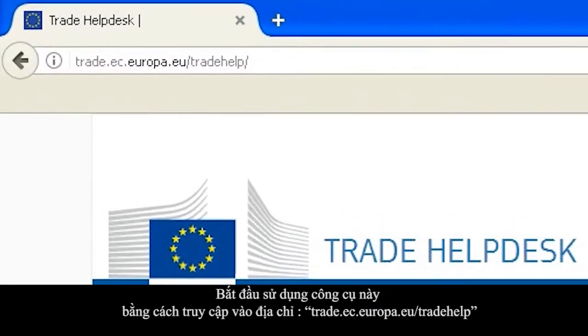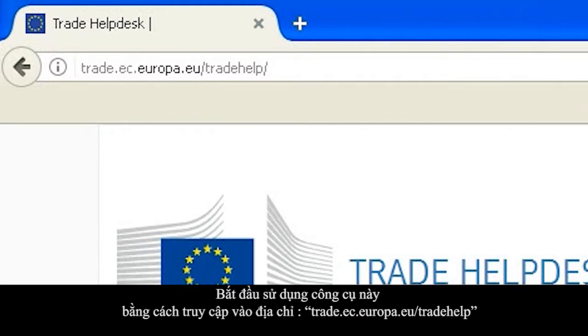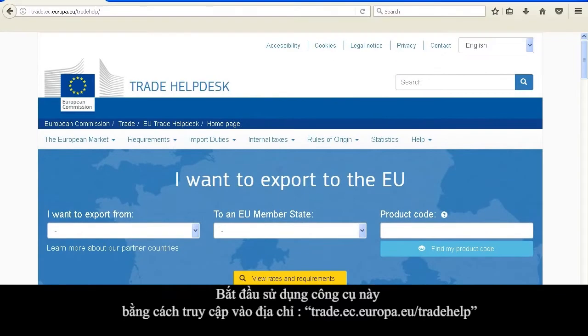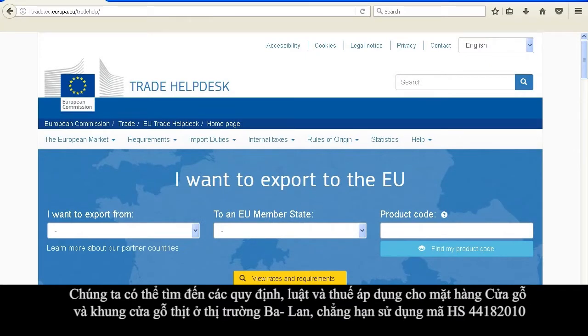To enter the tool, start from trade.ec.europa.eu/trade-help. We can identify the regulations, rules, and taxes applied to Vietnamese tropical timber doors and door frames in Poland, for example, using code number